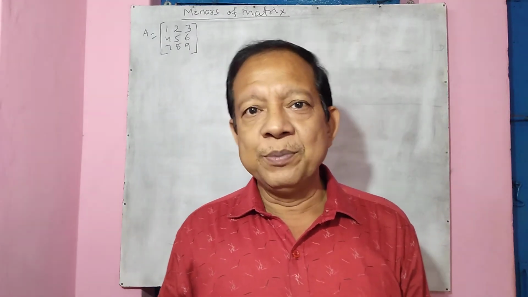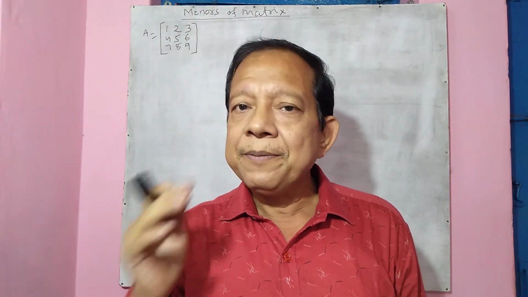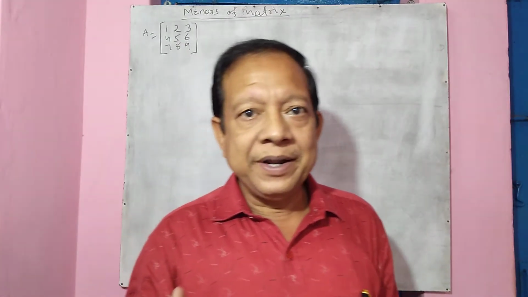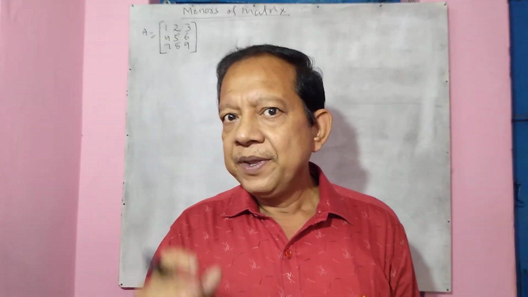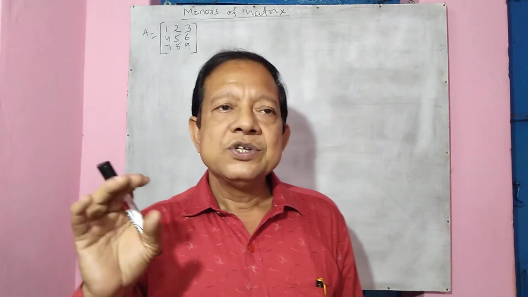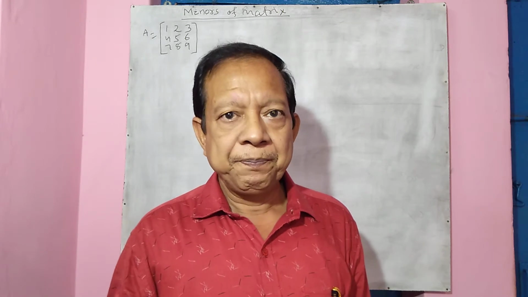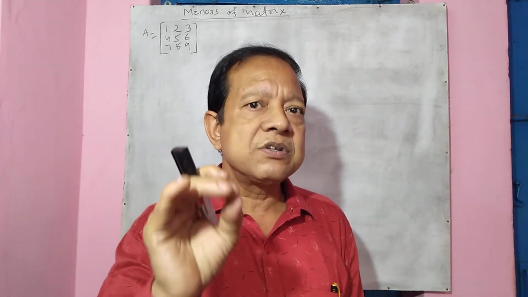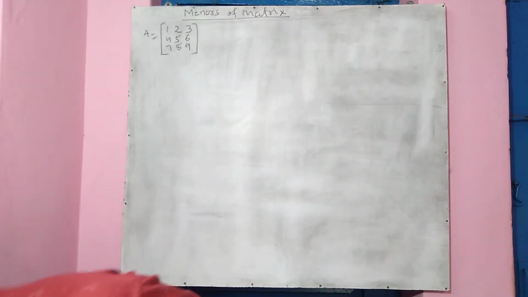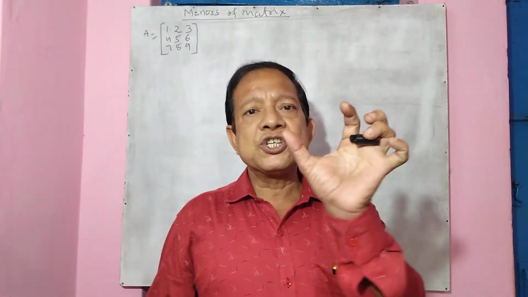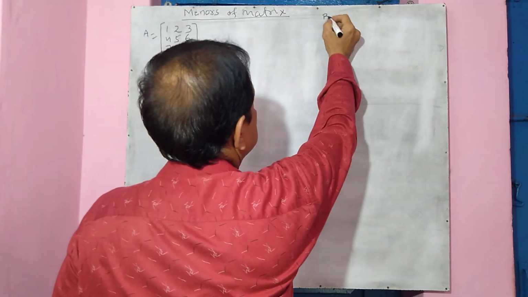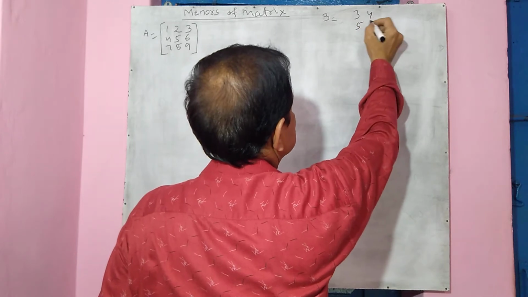Now let's come to the business. Last time I discussed determinants of matrix, and along with that minors of matrix also. If I remember, I was talking of the minors of matrix, is it not? So today we complete the minors of matrix. How can we find out the minors of different matrix? Last time I was talking of minors of matrix in a small square matrix, a 2 into 2 square matrix. I took the example, let me say B, 3 4 5 6 is a matrix.